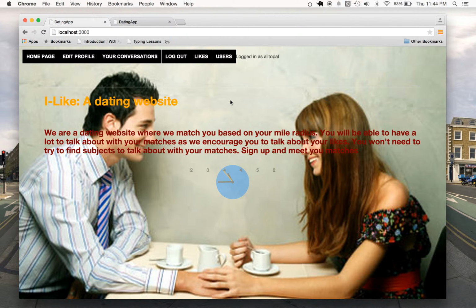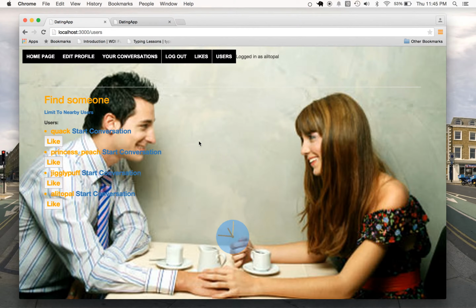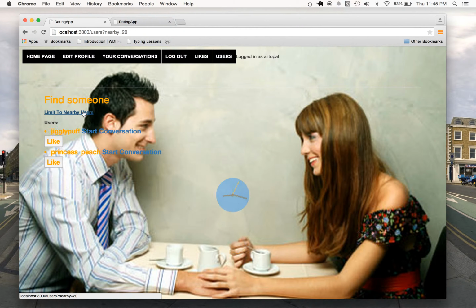Currently, I'm signed in with my login name, and I'm going to give you guys a quick demo of how to have a conversation with someone. And these are the current users that I have: Jigglypuff, Princess Peach, myself, and Quack. If I do limit to nearby users, I should only see Jigglypuff and Princess Peach, because when I edited